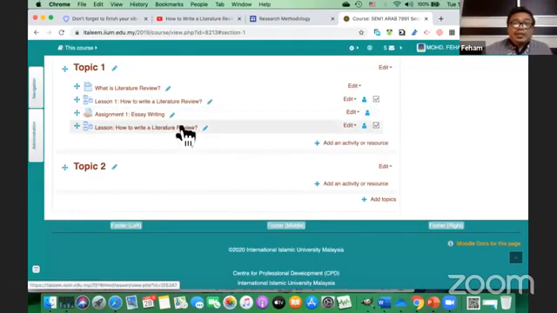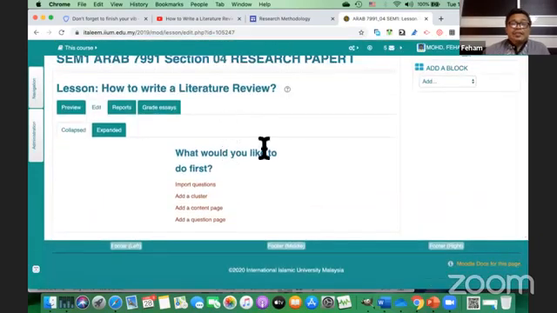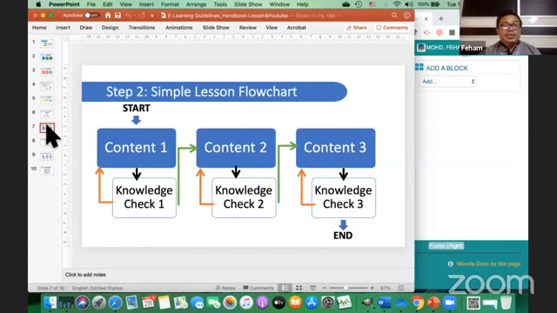So you click open to add your content. Inside there, you will see it's still empty. So you need to add what we call a content page. Back to the flow that I shared with you, this is the planning that I have for my lesson module.